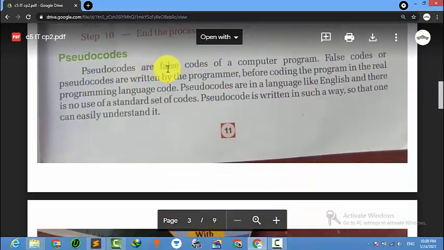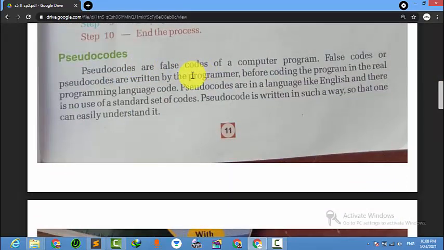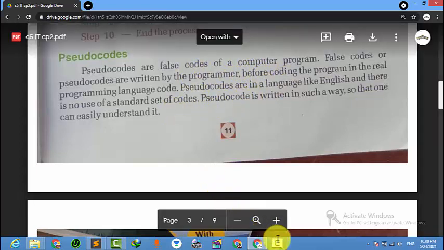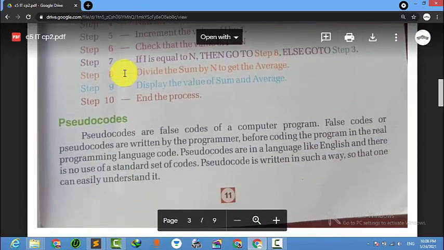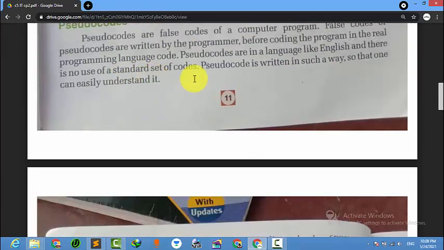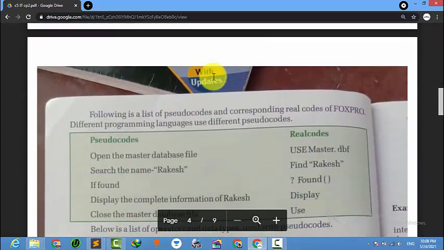So pseudocode is false code, right? Pseudocode is different from programming computer code, and it is a very different way, okay. In pseudocode the answers are written a little bit different from the algorithm, okay. It is written in some manner like false code, in a puzzle-type manner, which is very short and easy to understand. So let's have an example.